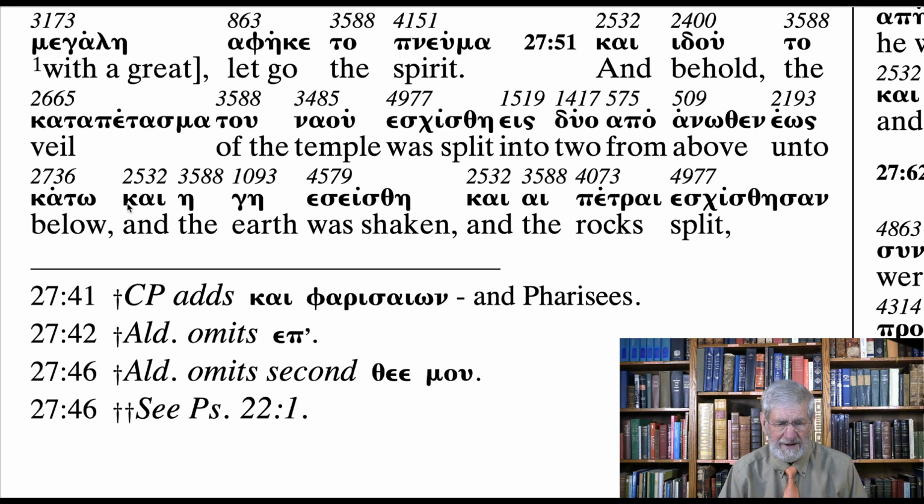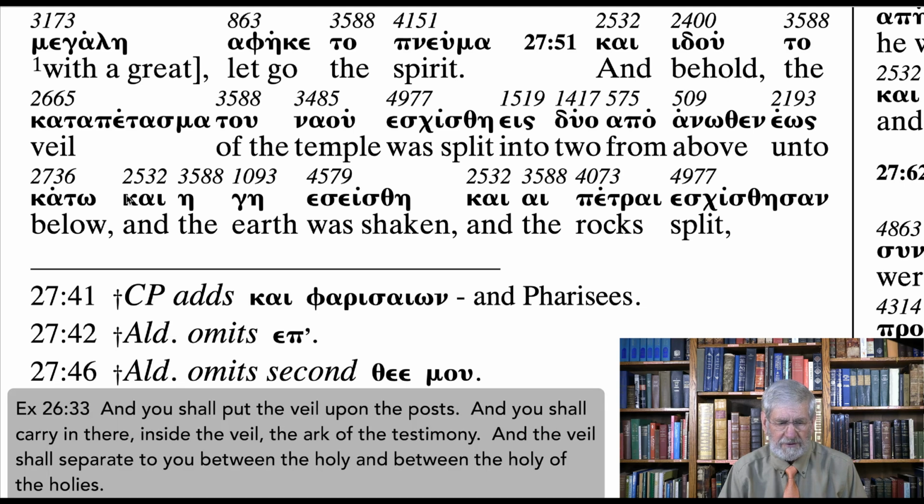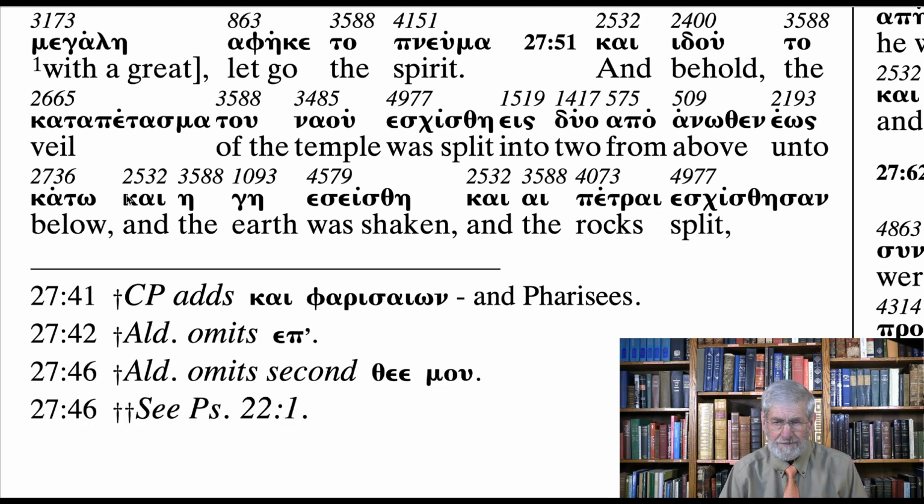This veil was built originally at the tabernacle, or for the tabernacle. It mentions that in Exodus 26:33, where it says, And you shall put the veil upon the posts, and you shall carry in there, inside the veil, the ark of the testimony, and the veil shall separate to you between the holy and between the holy of the holies. So this veil was a separation that only the high priest could go beyond into the holy of the holies